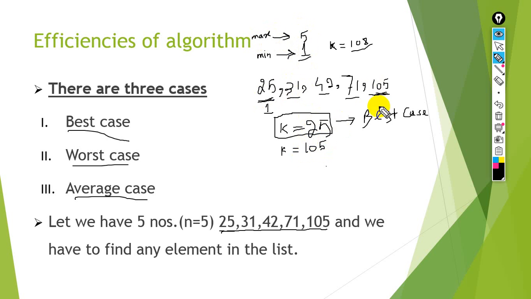So in this case, when we are searching the last item, we can say the algorithm will take the maximum time complexity for the searching of the item. So we can say that this algorithm is in the worst case. Next, for example, if we have k is equal to